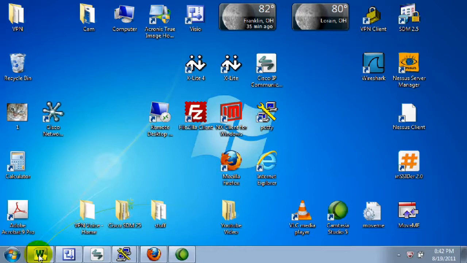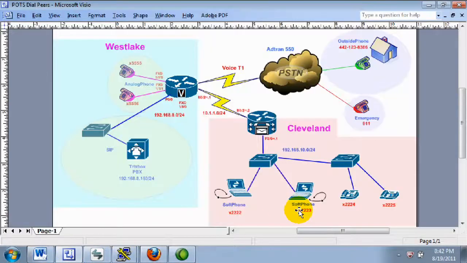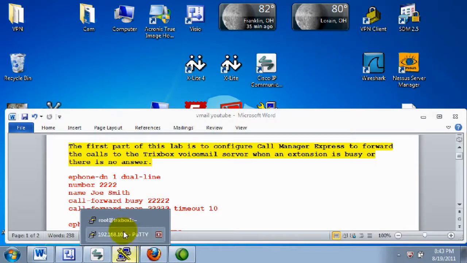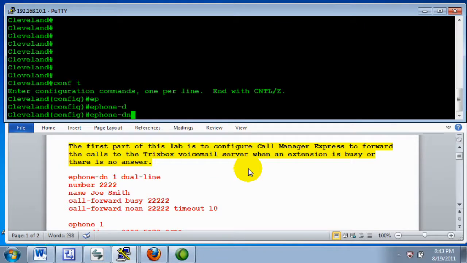First we want to configure the ePhone DN number, and that'll be 2222, which is the laptop I'm on right now. That'll be this laptop here, which is on the Cleveland router. And we want to configure the DN number on the Cleveland router. So we go to config t, ephone-dn 1,